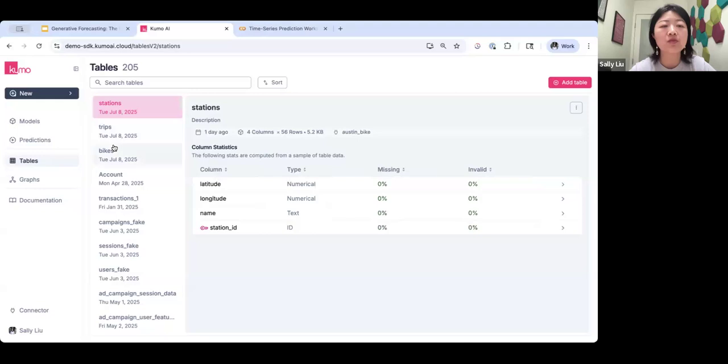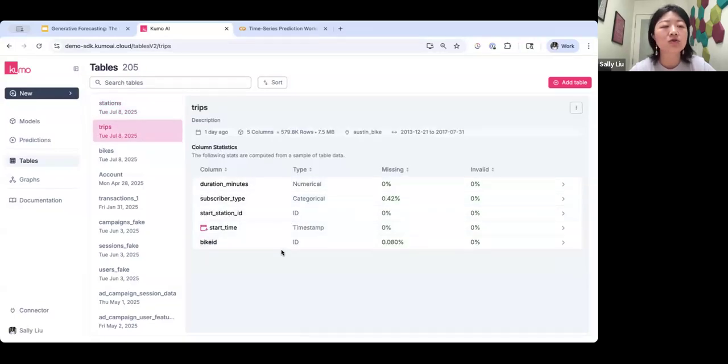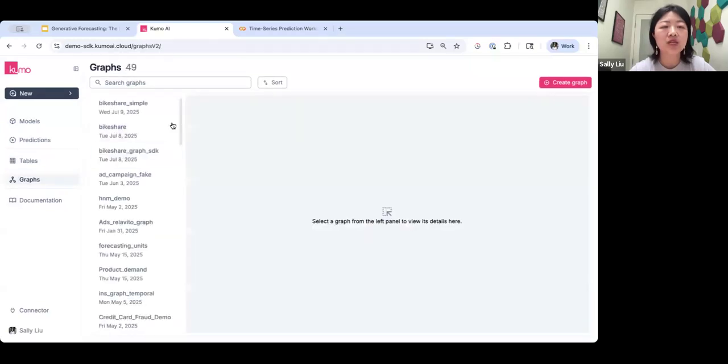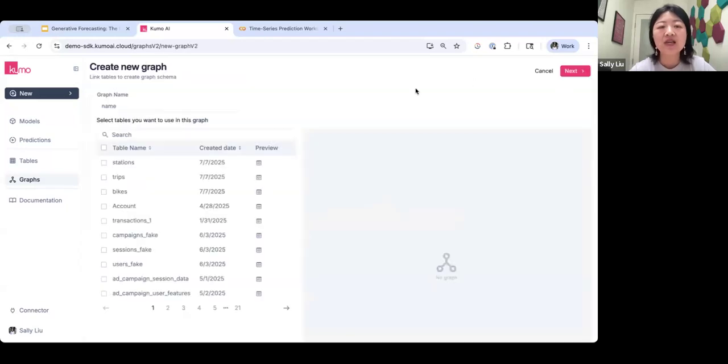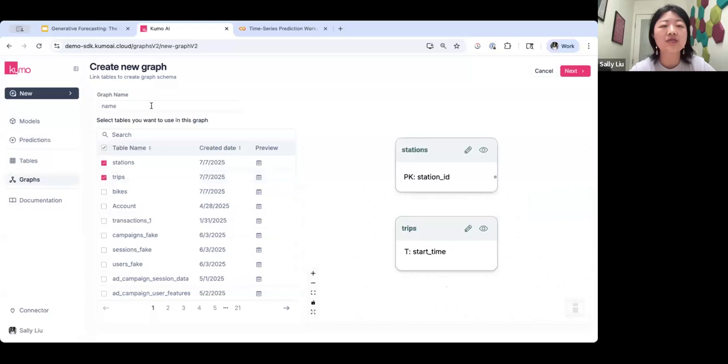So here I already imported the table. Say we have a station table, and then we also have a trips table, which I have just showed you before. So the next step, when it comes to prediction, is to form a graph. And this is also very simple to do. Say we already have the station table and the trips table, and we can name the graph